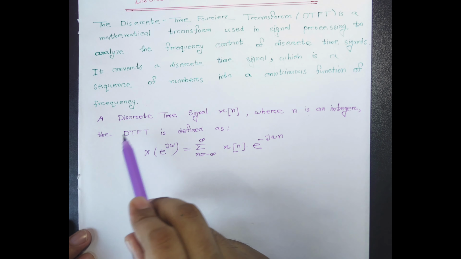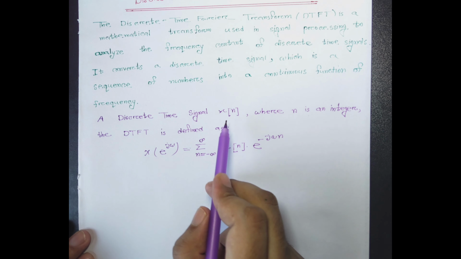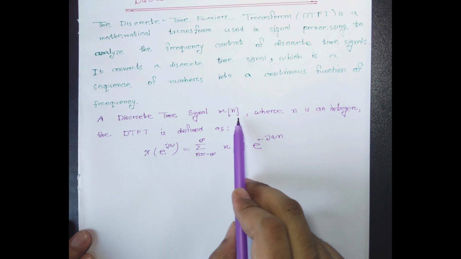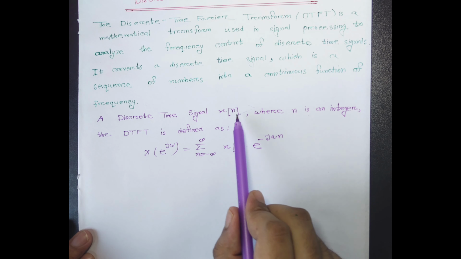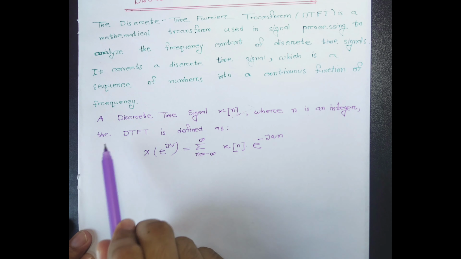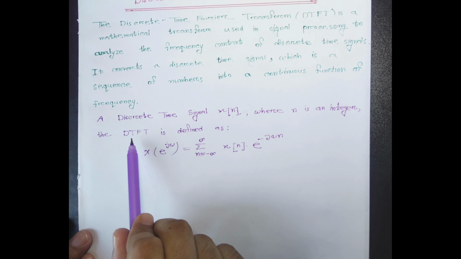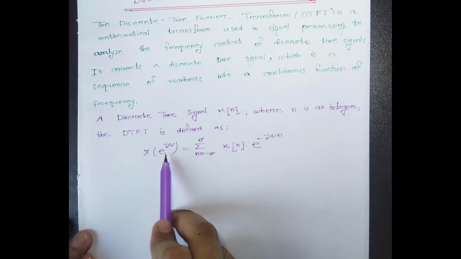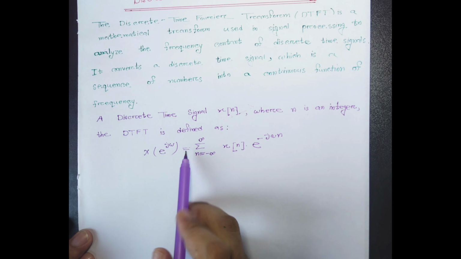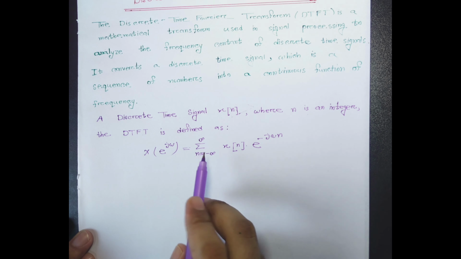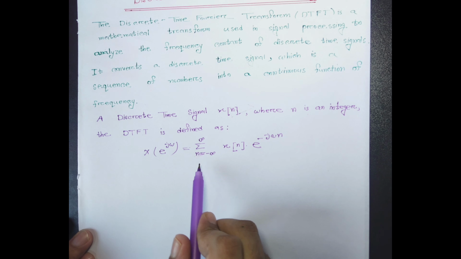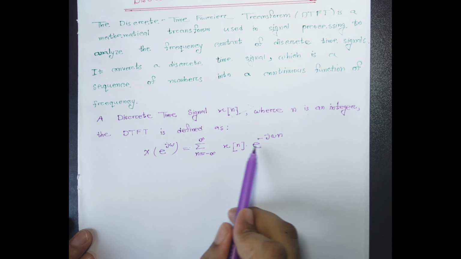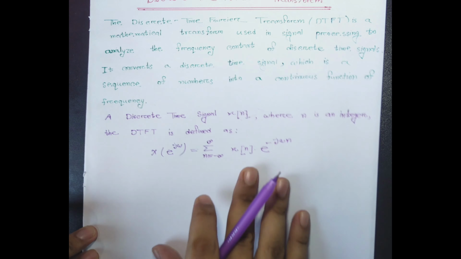If a discrete time signal x[n], where n is an integer number, the discrete time Fourier transform is defined as X(e^jω) equal to the summation of n equal to minus infinity to plus infinity x[n] into e to the power minus jωn. Here